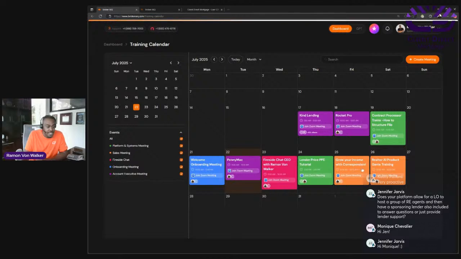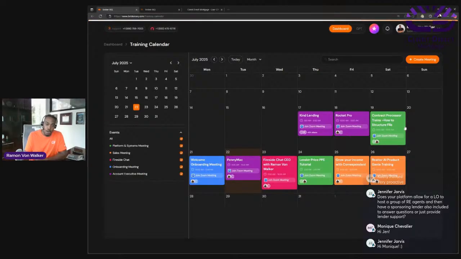We have contract processors in here. And the contract processors have asked me, because of my UWM versus Rocket group. You guys know that group. There's 7,500 people in there. A lot of them are contract processors. So they'll DM me and say, hey, Ramon, can you post me up? Can you do whatever so I can try to get business? I had so many inquiries there, I was like, you know what? I'm going to make them part of my system as well. And contract processors, in an effort to get business, can hold classes too.